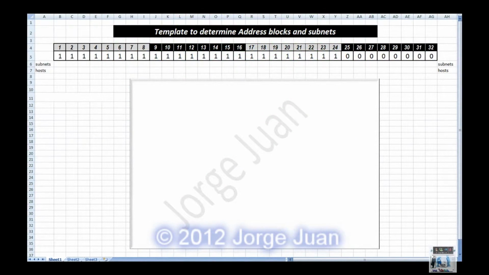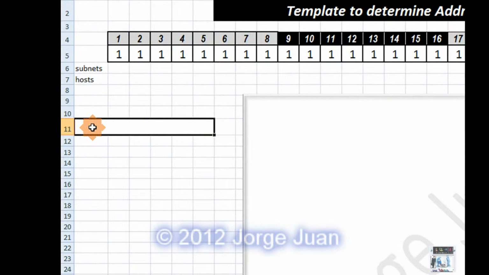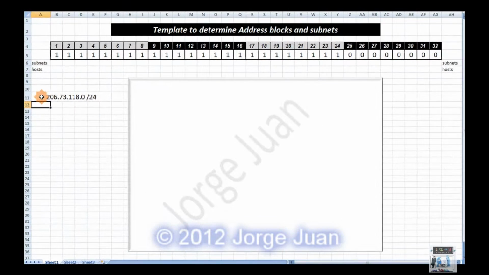Let's say that your company purchases from the local ISP an address block of, say, 206.73.118.0/24. And you would like to determine how many hosts you have available to you. So the simplest way to do this, by the way, your address starts at 206.73.118.0 and it ends at